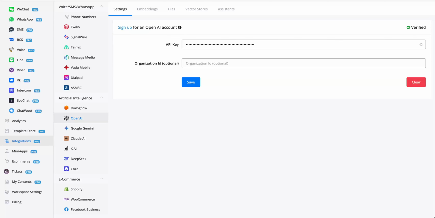Today we're going to take a look at how you can create your own knowledge base inside of the platform that you can use inside of AI agents, but also, for example, inside of the Flow Builder as a separate action. So first of all, it is important that you connect your OpenAI. Under the integrations tab from the workspace, go towards the artificial intelligence OpenAI and enter your API key. Once it's verified, you are good to go, and we can go inside any of the chatbots